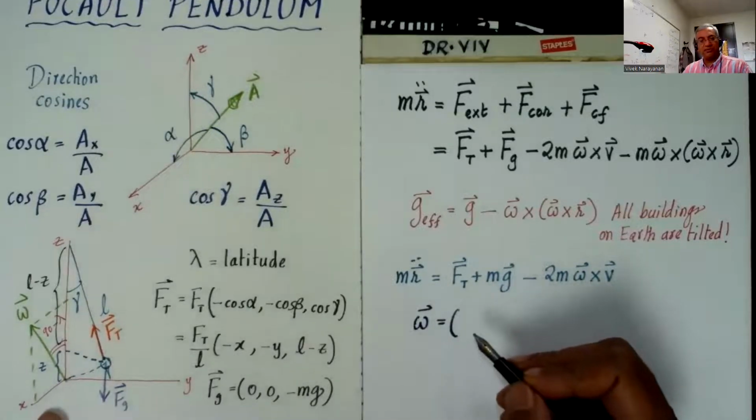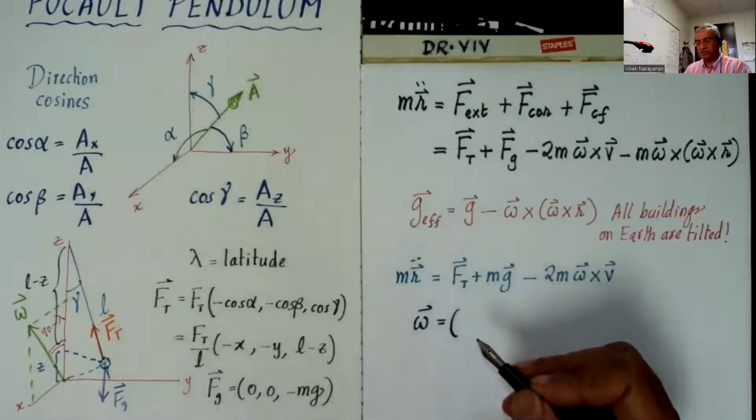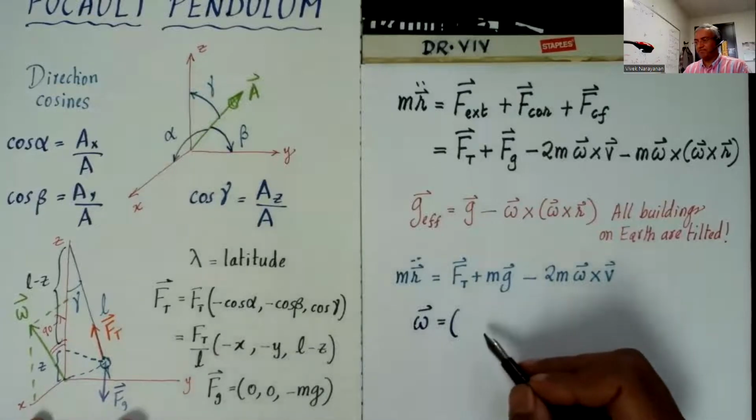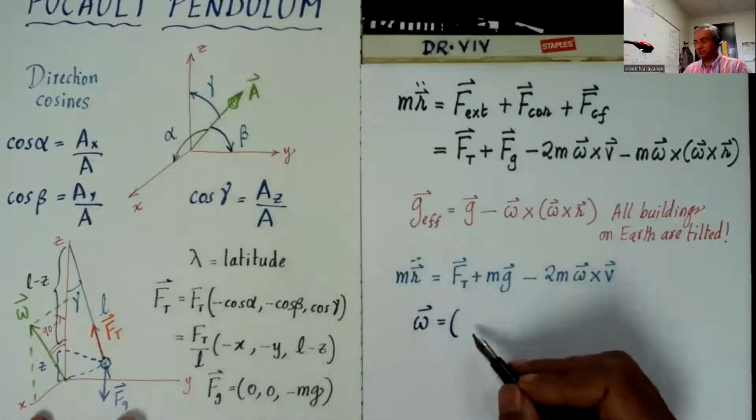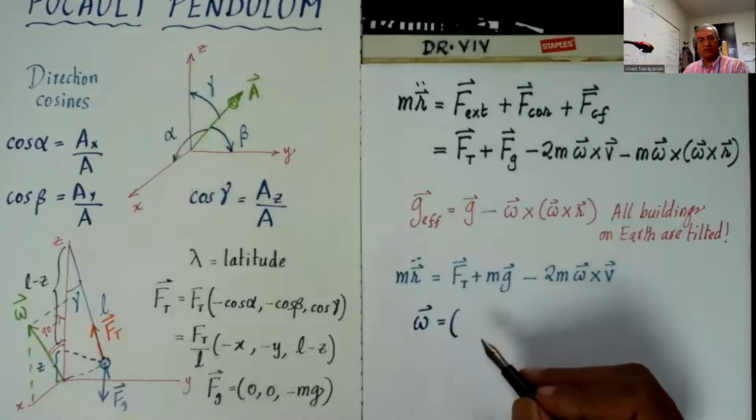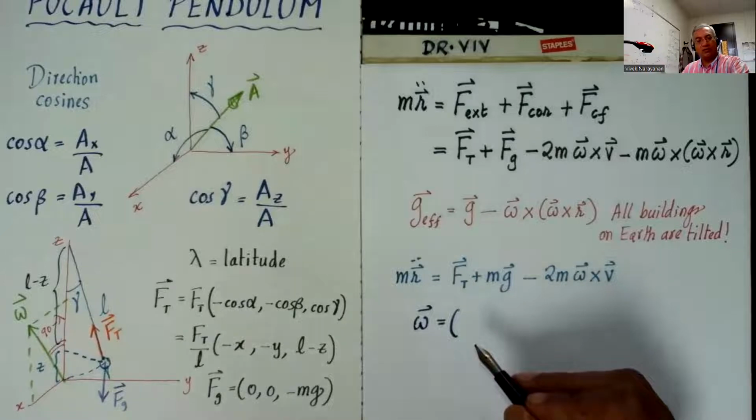In this coordinate system, omega has a positive value of x, and a positive value of z, and it's going to have no y component. So that's the